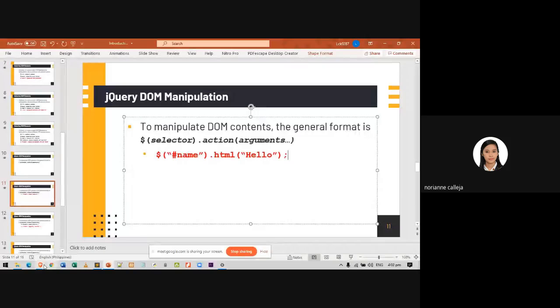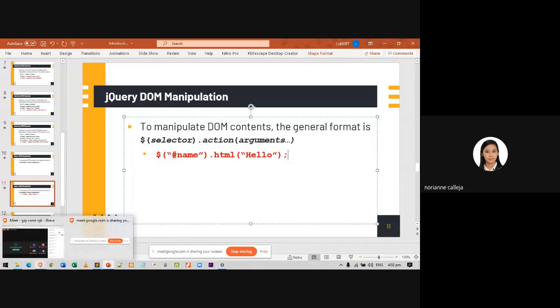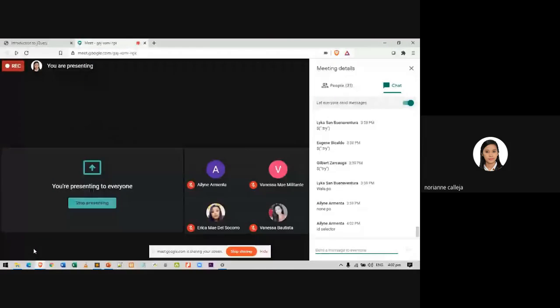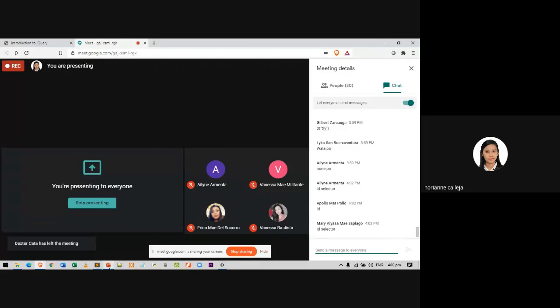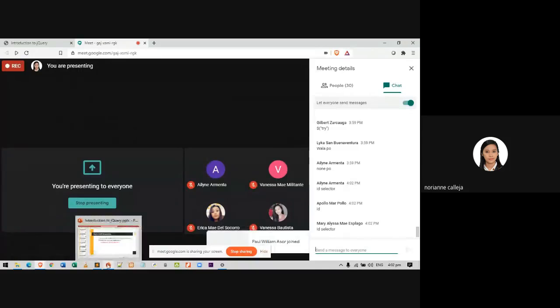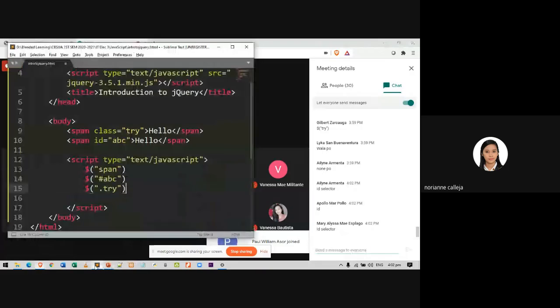I gave you three types of selectors: the element, class, and ID selector. What selector has been used? Okay, ID selector. Now, what to do with that element's content?